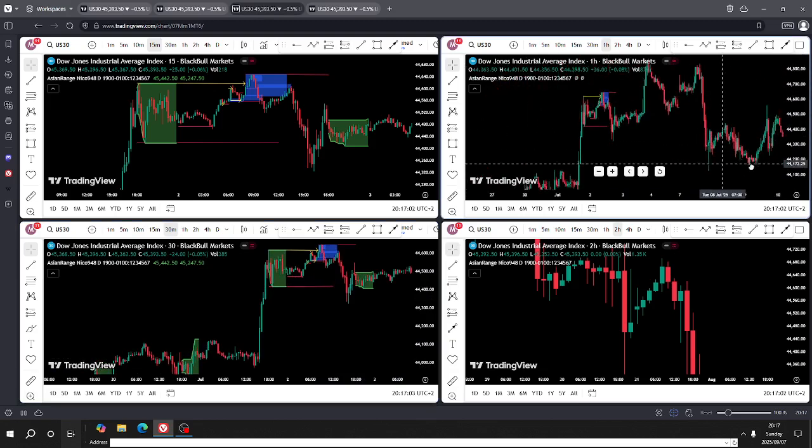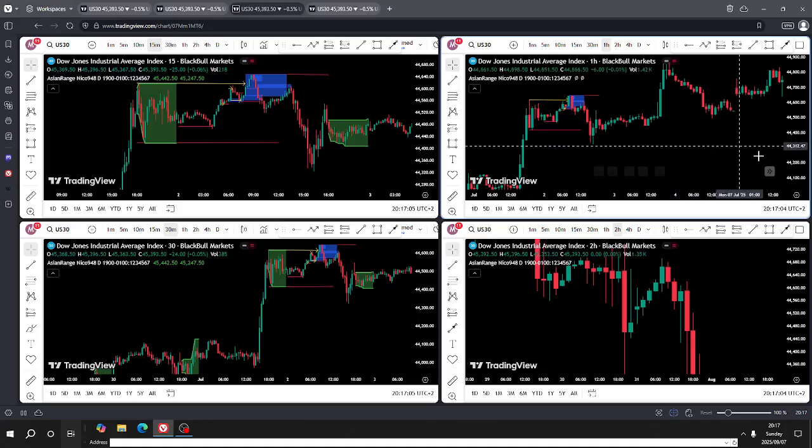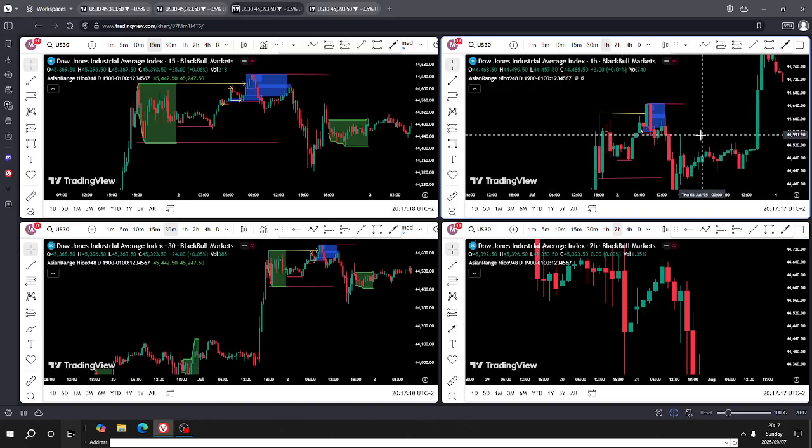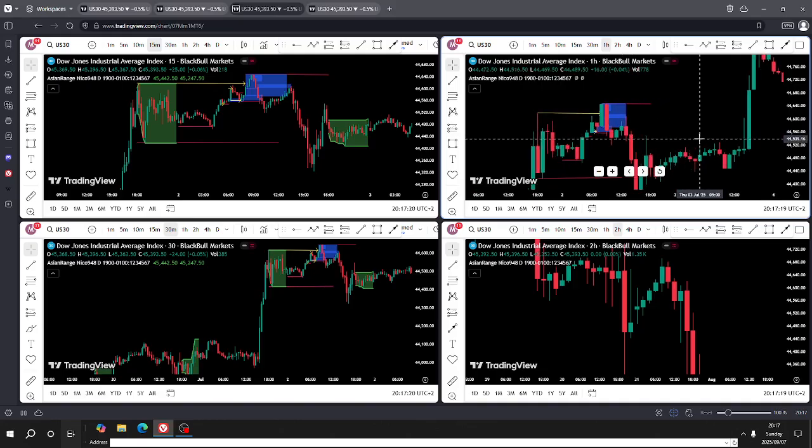Okay, so I was about to talk about the clothes, right? As you can see, the close of this 1 hour candlestick is longer than the previous one. Now, once again,